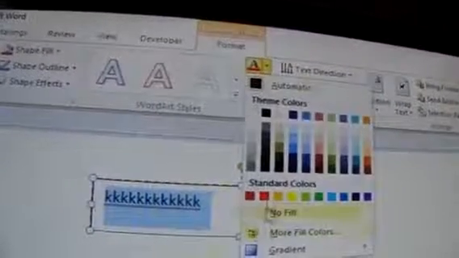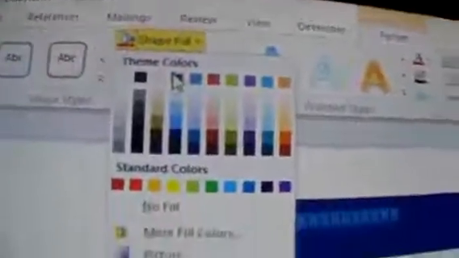Immediately this text box is opened, there is another tab which is going to come, which is the Format. So if I want to change the colors of what is inside the text box, I will go to the font color here, then it has changed. If I want to use word art, I'll use word art to change, like you have seen. If I want to use this one, automatically it will change to that. Then if I want to put up the shape fill, you go to the shape fill, then you put any color to create a background.